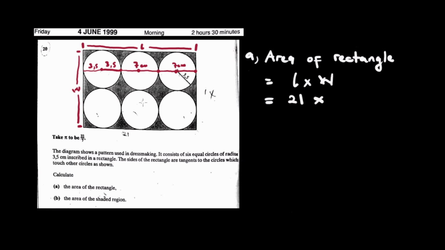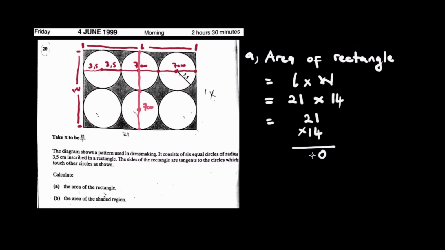So achashandisa the same logic since taudzwa kuti these circles they are equal. Saka kubva this part of the circumference kunobata the other end through the center it's 7 centimeters. Saka kubva pano through the center unobata panapa it's also 7. Kureva iko kuti our width is going to be 7 times 2, 7 plus 7, which is 14. Then let us calculate 21 multiplying 14, kuti tiwane the area of the rectangle.